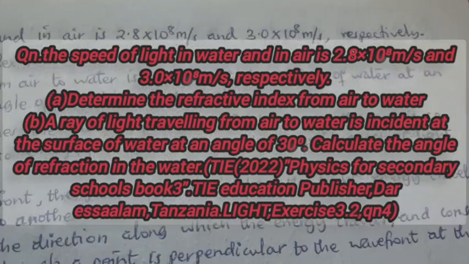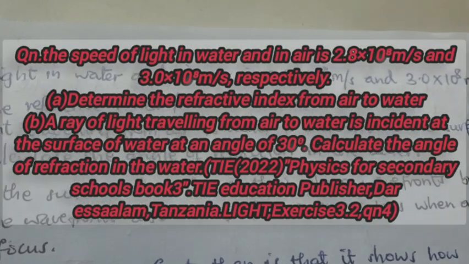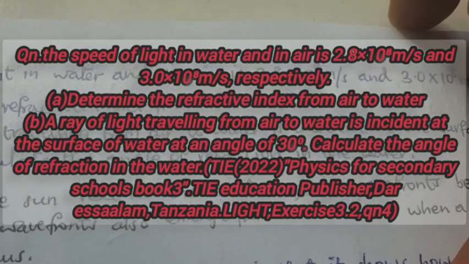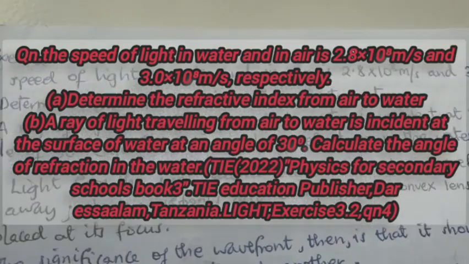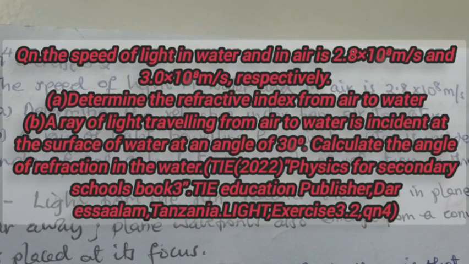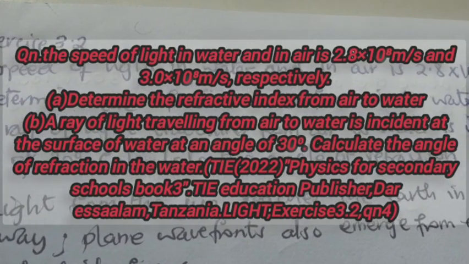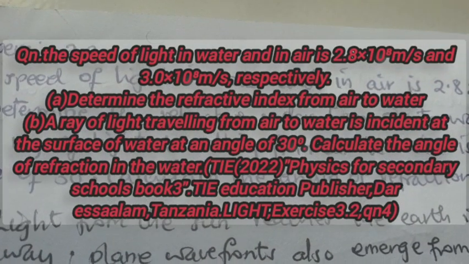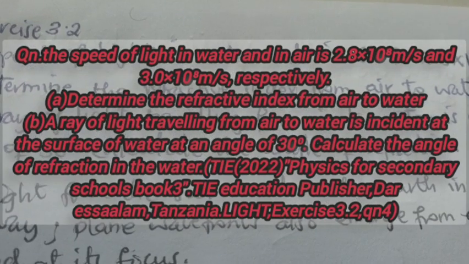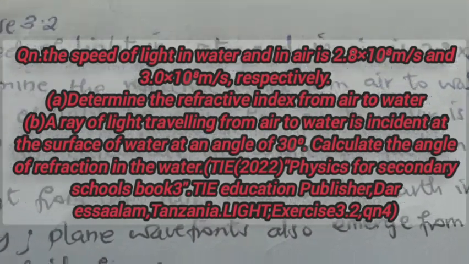Welcome to Olimboka Physics. We've been given questions concerning refraction of light at a plane surface. It says 2.3.2, question number 4 from TIE. We are given the velocity, or the speed, of light in water and in air respectively, as you can